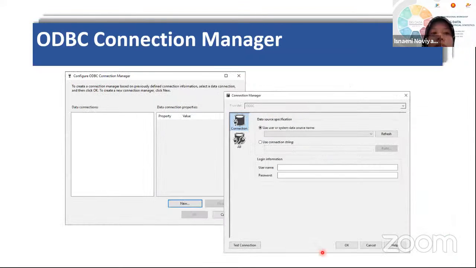And for ODBC Connection Manager, I think it is the same as OLEDB Connection Manager. When you configure ODBC Connection Manager, if the data connection is empty, it means that you haven't created an ODBC Connection Manager, so you must add a new ODBC Connection Manager. And when you click the new button,